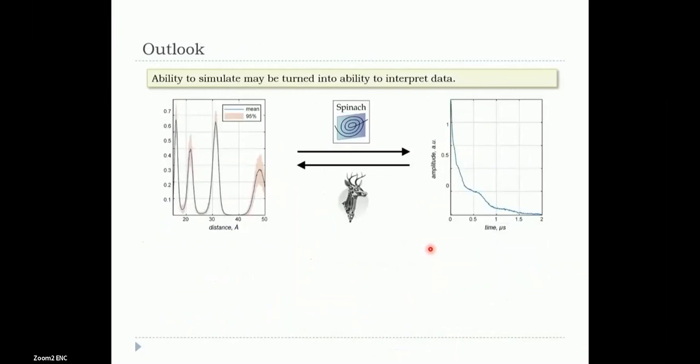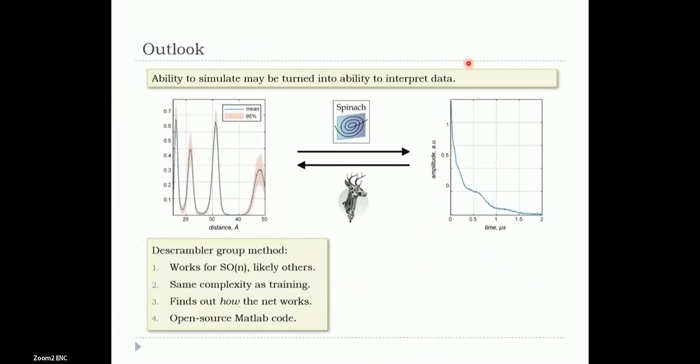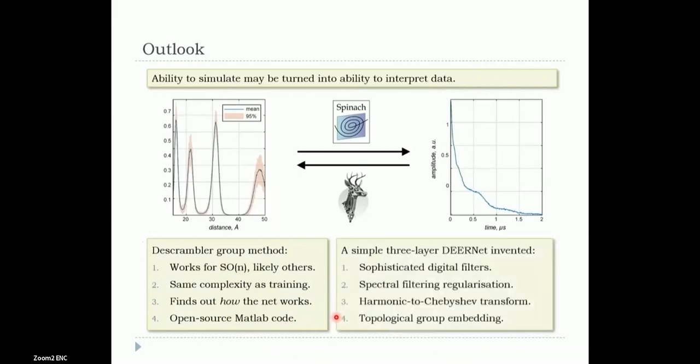Anyway, summary. It would seem, and that's been observed by many people, that the ability to simulate may be turned into the ability to interpret data using neural networks. And this descrambler method that I've described finds out how these neural networks work, at least in favorable cases. And a simple three-layer neural net has invented sophisticated digital filters, spectral filtering regularization, Chebyshev polynomials, and topological group embedding, as far as we can tell. And so we told the funding agencies that this is fascinating and slightly scary, and they funded us, which is